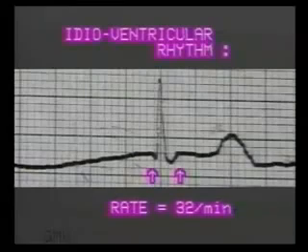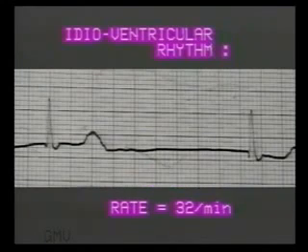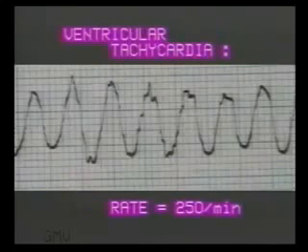Now let us observe the beat closely. There is no P wave. The QRS complex is 3 mm wide, suggesting ventricular beat rather than supraventricular. A mid-nodal rhythm would also be very similar without a P wave, but the rate will be between 40 to 60 per minute. This is idioventricular rhythm. There is absence of P wave, wide QRS complex and rate between 20 to 40 per minute.